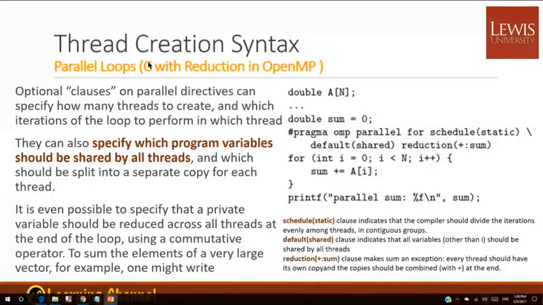And as you can see right here, we have another parallel loop, C with reduction in OpenMP. And as I mentioned,